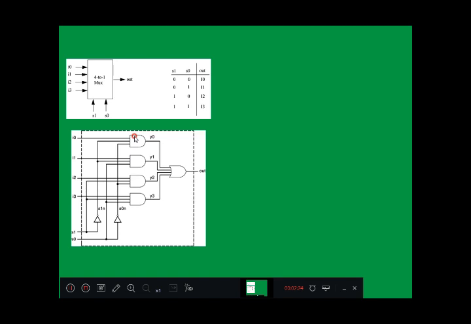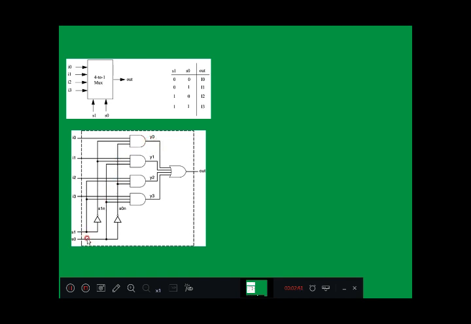So for the first 3 input AND gate, if you observe, which generates Y0, the two select line inputs which are connected are 1. Now output Y0 entirely depends on I0 value. If I0 is 0, 0 is assigned to Y0. If I0 is 1, 1 is assigned to Y0.